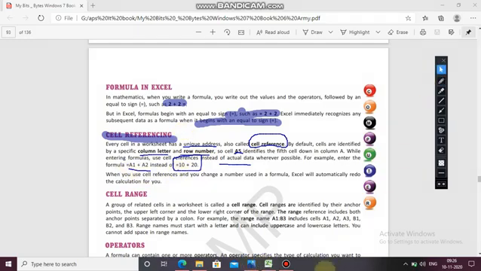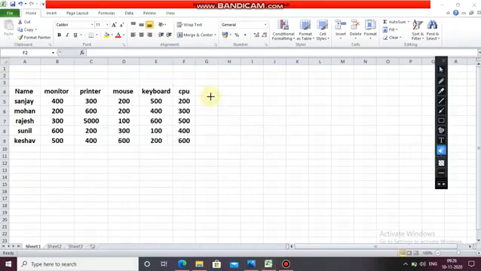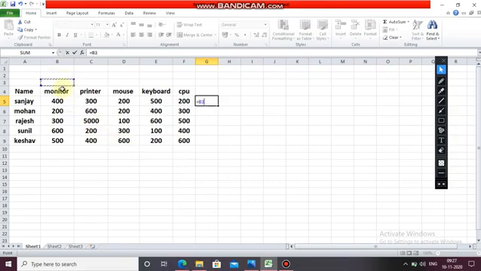Let's see this also. So you can see over here, as I am doing. In this box, if I have to add these two numbers, monitor 400 and CPU 200, I will first of all put equals to, then I will take the cell reference B, 1, 2, 3, 4, 5, means B5.